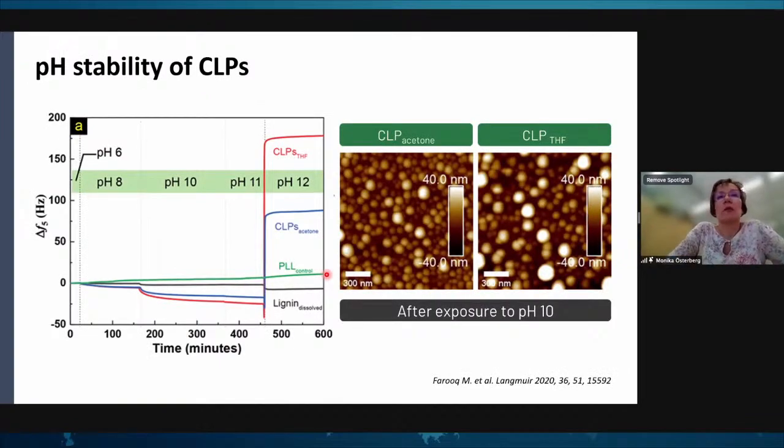pH stability is also quite important when we are using this. So we already knew from previous work that at pH above 12, these particles dissolve, because lignin, this kraft lignin that we have used in these experiments, dissolves at high pHs. But using these model surfaces, we were able to get a bit more detail into how the changes in pH